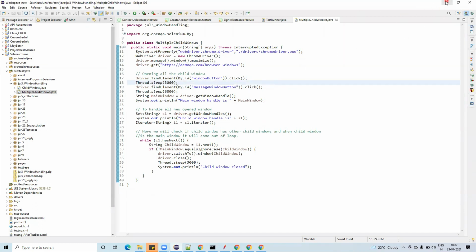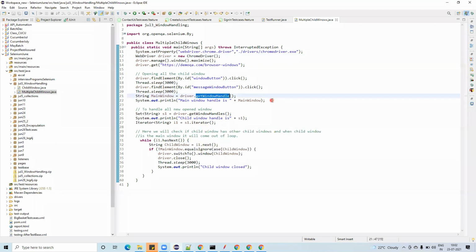I'm thinking it's not the same thing. Parent and child are different, and I thought the opening... The terminology is confusing for you, but it is the same. Ultimately we have to handle it with window handle only. The same thing we are using here. You can see here, window handle.